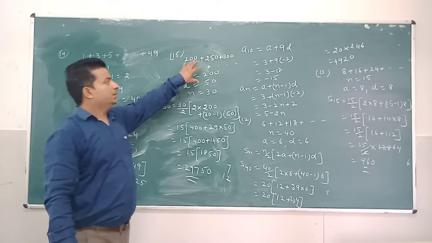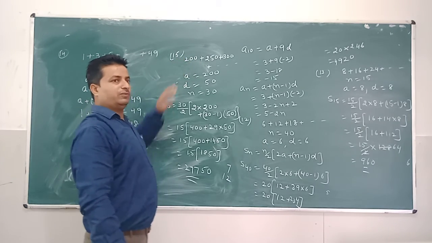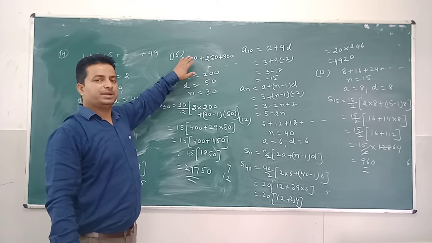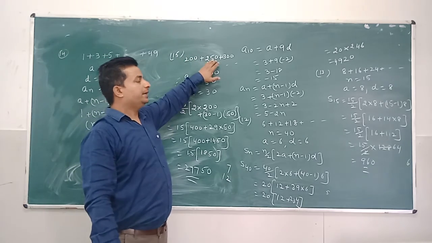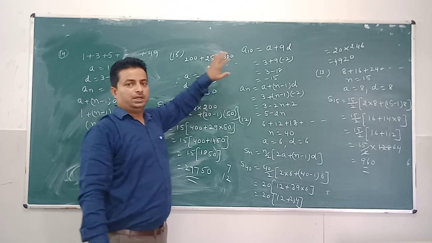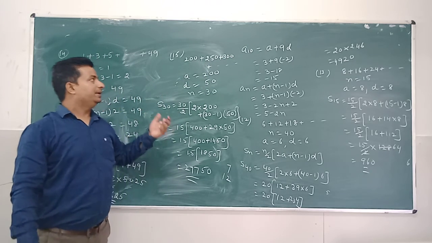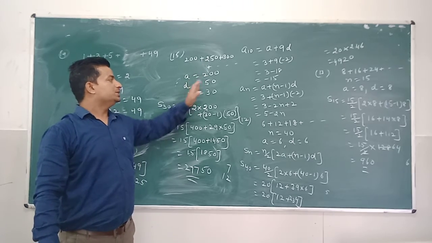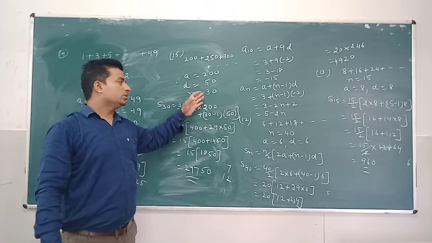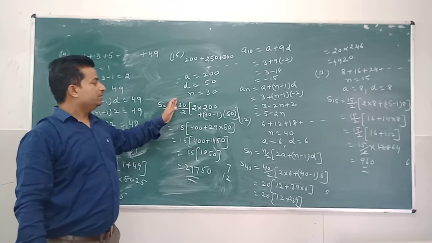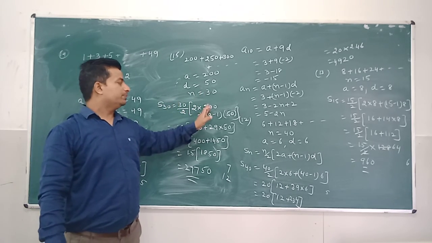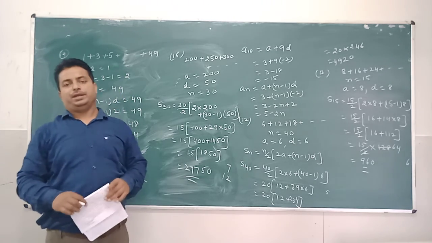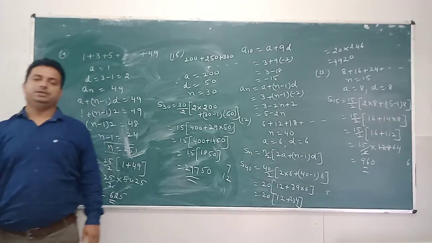I repeat this question. For a certain work, if the work is delayed beyond the specified date, then for the first day there is a penalty of 200, for the second day 250, for the third day 300. This means every day the penalty increases by an amount of 50 rupees. So a is 200, d is 50, n is 30. 30 is the total number of days of delay of the work. We find S30 by using the formula n by 2 into 2a plus n minus 1 into d. So 27750 is the amount paid when the work is delayed by 30 days. Thank you.